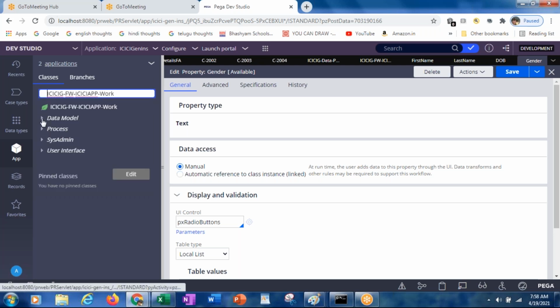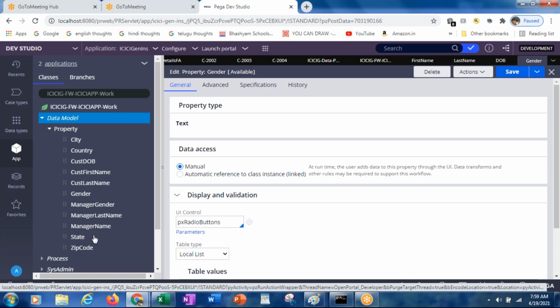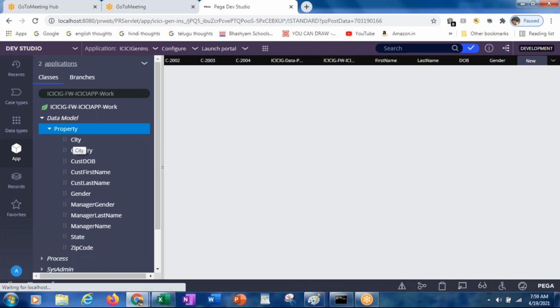In this we have all the individual properties, and in the user interface we have flow, action, and process flow. These are the individual properties, but this time I don't want to access these properties. I want to access them from the person class. So how can you access that? Till now we created single value properties. Now I want to create the page property.